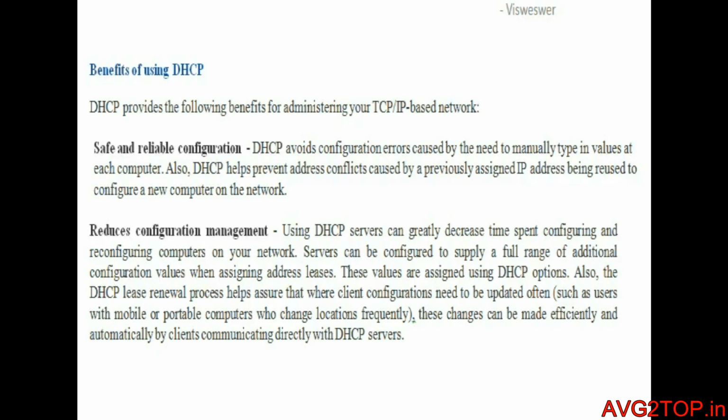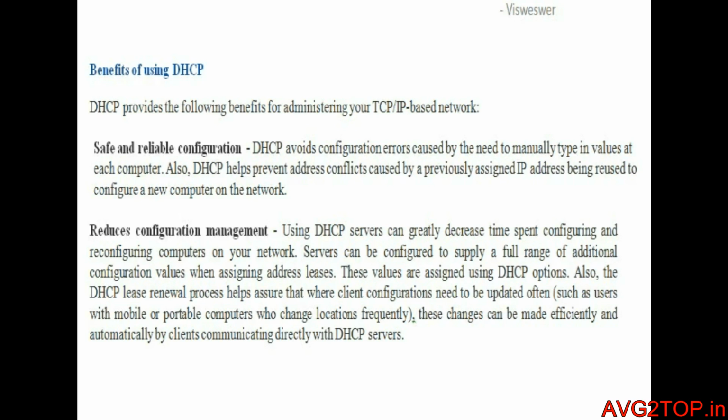So the existing IP addresses are always reused, and address conflict doesn't happen. The same IP address being given to two or three computers is not possible, so no error will occur in DHCP,